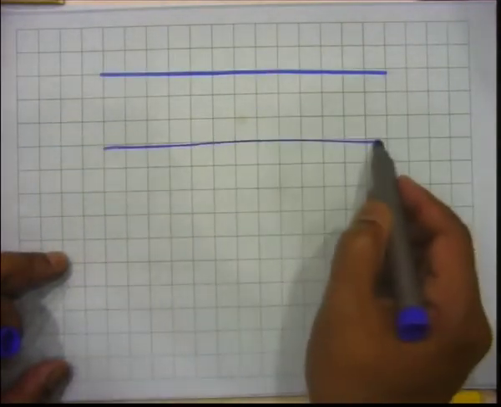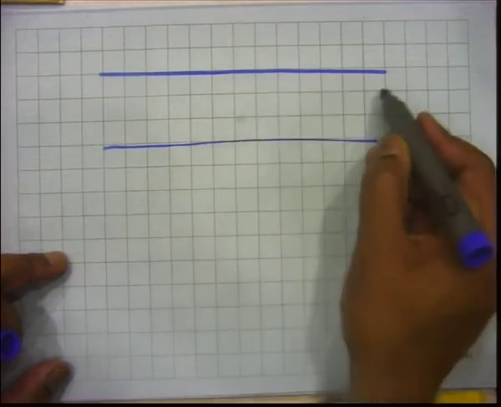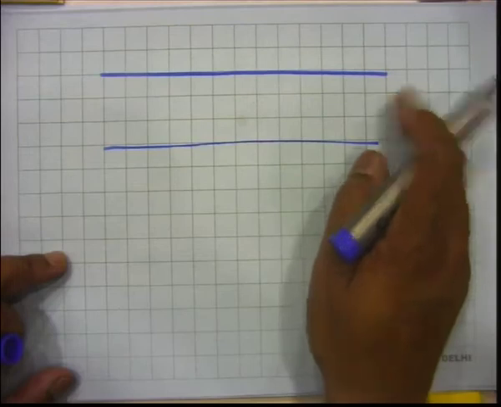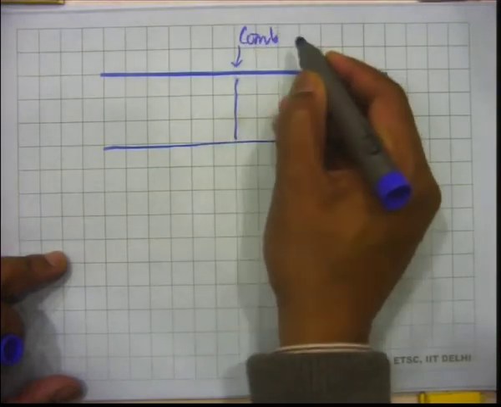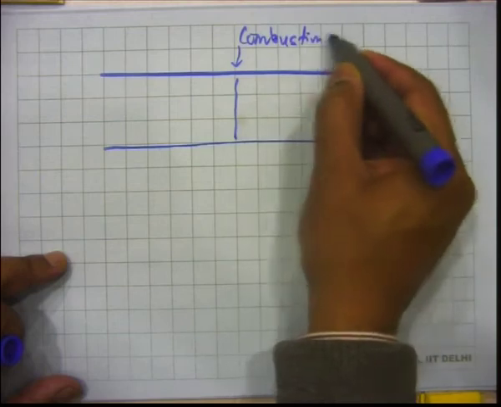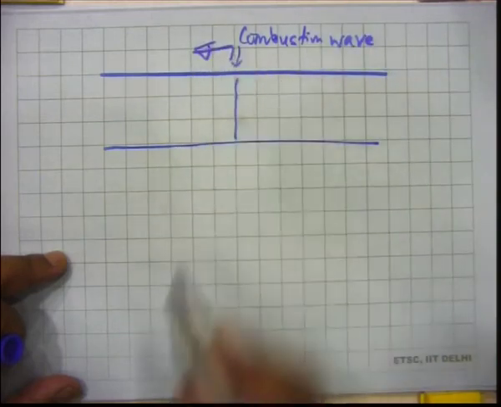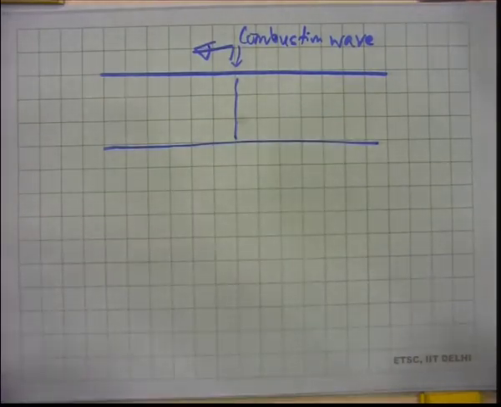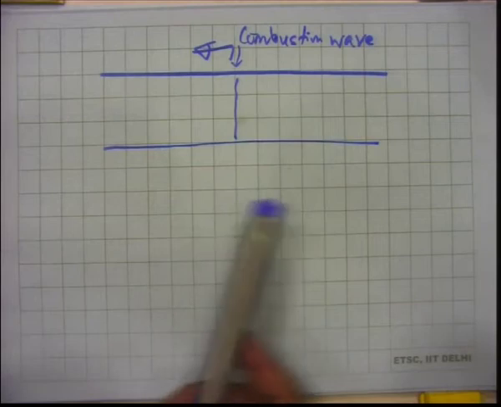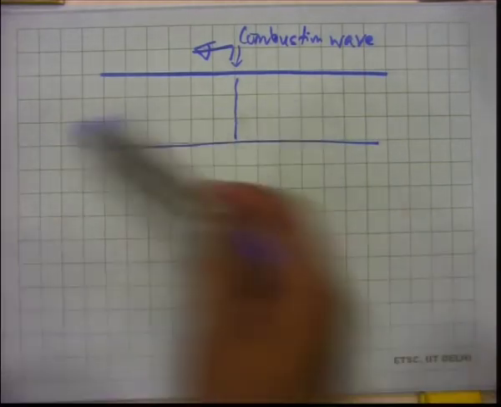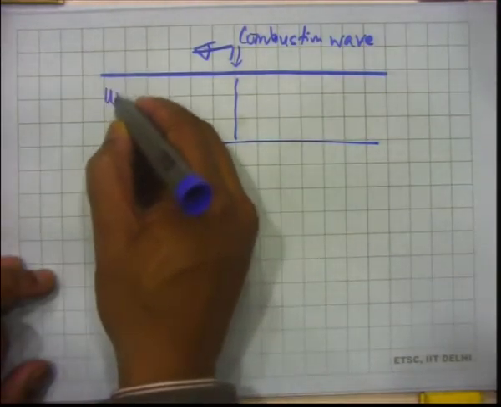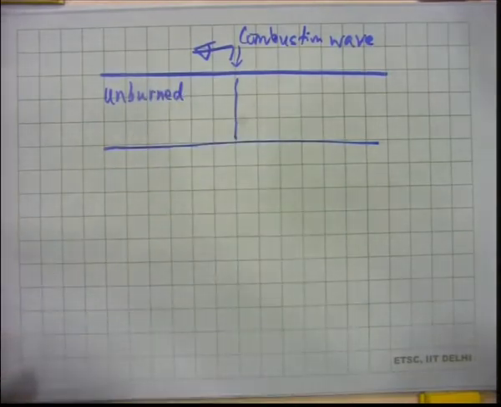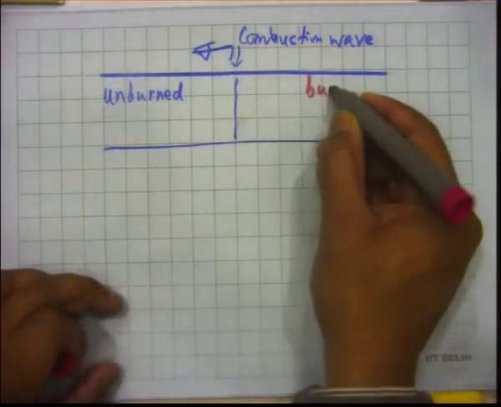If we have a situation like this, where we have a mixture and we ignite the mixture here, then maybe we will get a combustion wave. So, this is a combustion wave, which will propagate in this direction. So, this tube has a fuel air mixture, and then you have a combustion wave which propagates from my right hand side to my left hand side. So, this way, and again as we know, we can write unburned here. So, this is a mixture through which the combustion wave has not propagated so far, and on this side we can write burned. This is already burned,